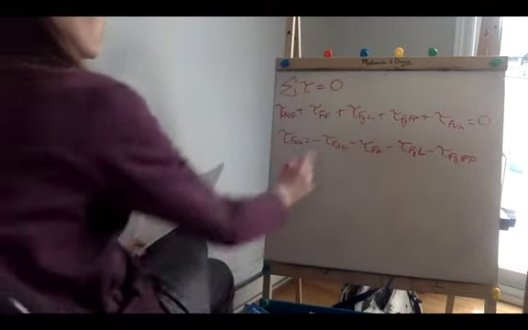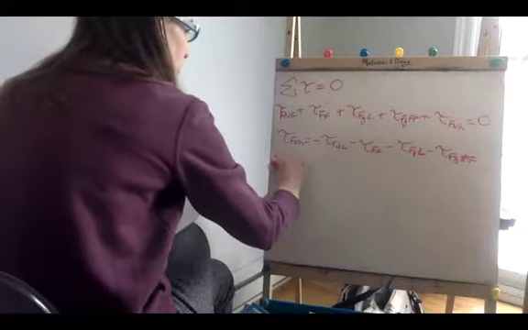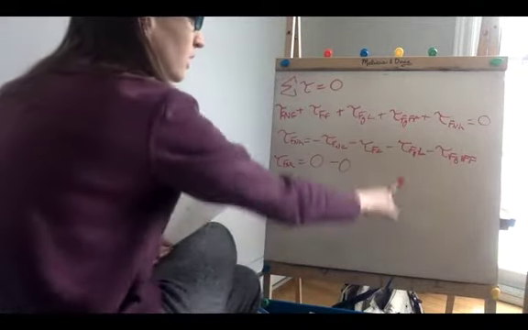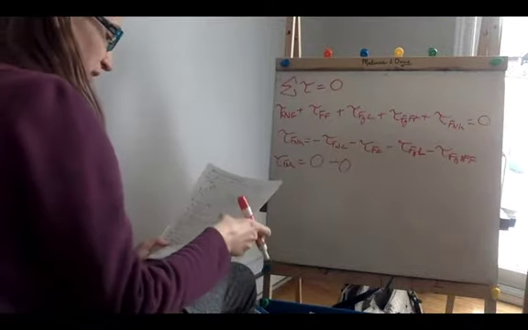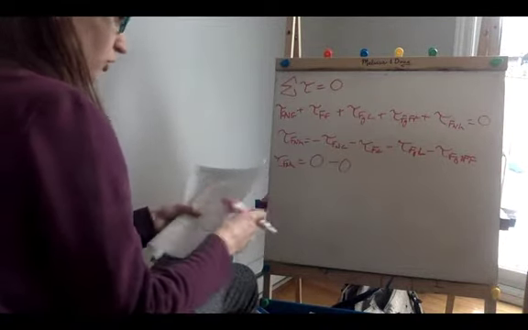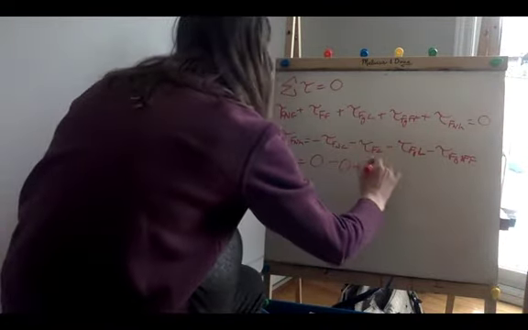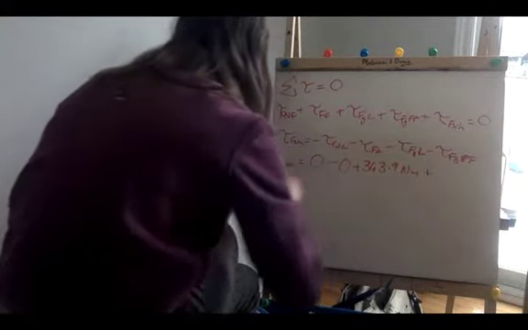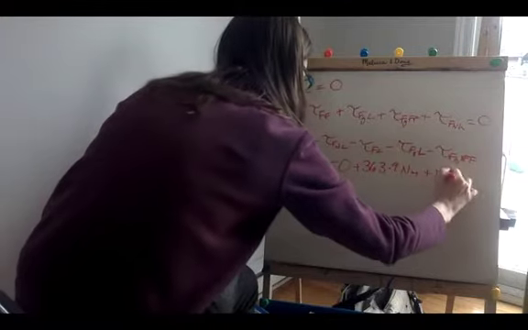Okay, so this was 0. This was 0. This was a negative 363, so you're subtracting a negative, so it would turn into a positive, Newton meters. Again, subtracting a negative again, and that had a value of